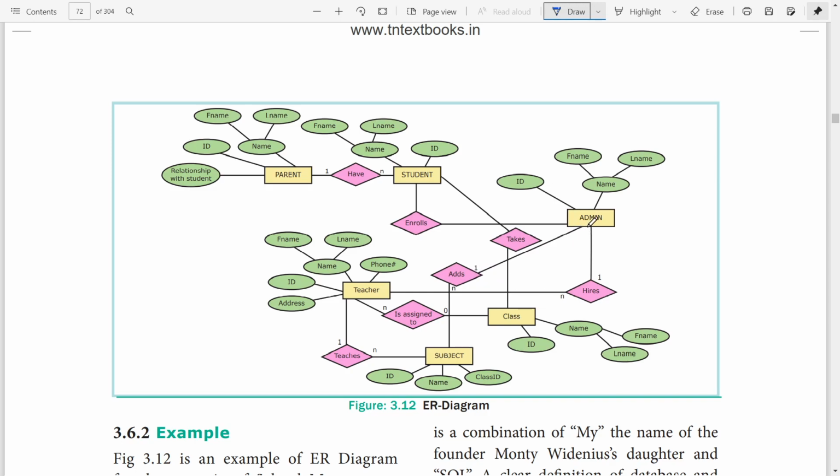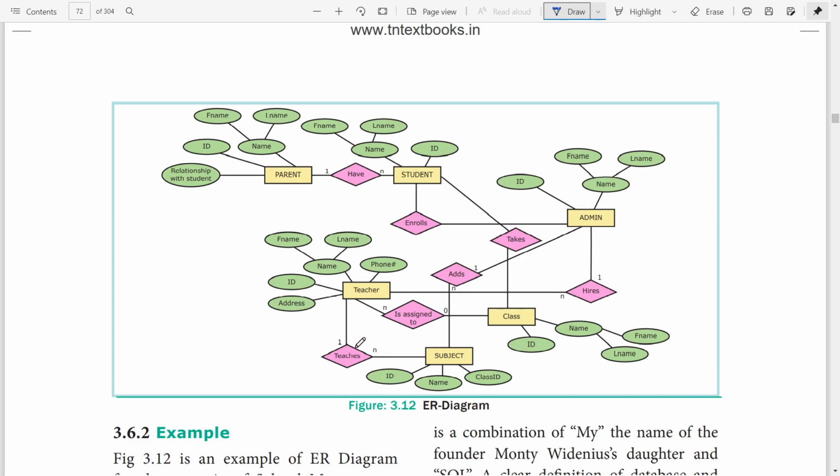Administration hires various teachers. In that, teacher name, phone number, first name, last name. Here, a teacher: address, ID of the teacher, name, first name, last name, phone number.